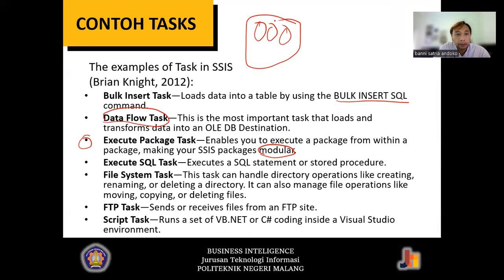The next one is called the execute SQL task. Basically, it executes any SQL statement, whether it is a stored procedure or a basic SQL statement command.